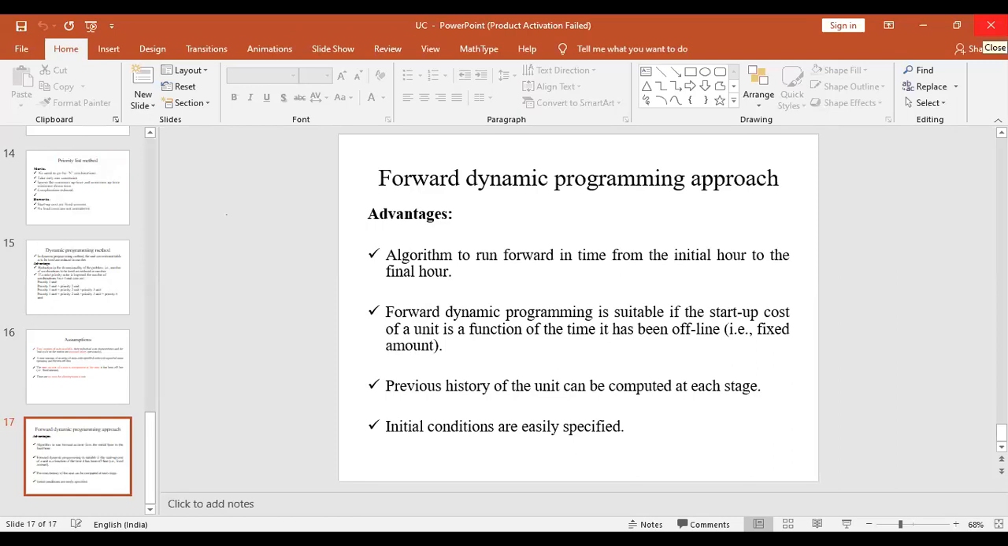And followed with the unit commitment, we will be going for another set of topics which can be represented as